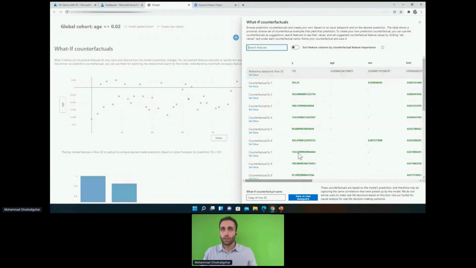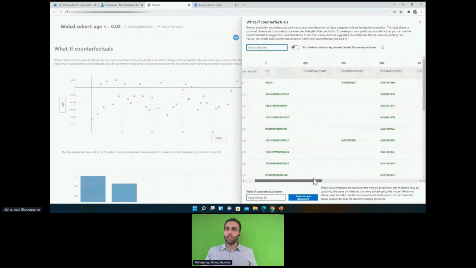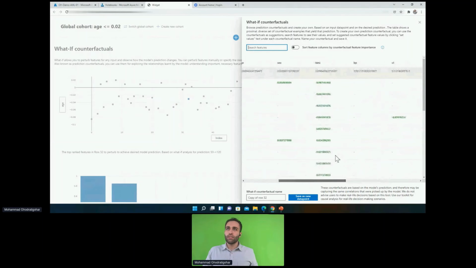For instance, here you can see one of the counterfactual examples is 99, which is much less than the reference point. So the prediction is reduced for the diabetics progress. But we have to see which features were changed, and how, to reduce it by that considerable amount. If I scroll a little to the left, you can see, first of all, the BMI has been changed.